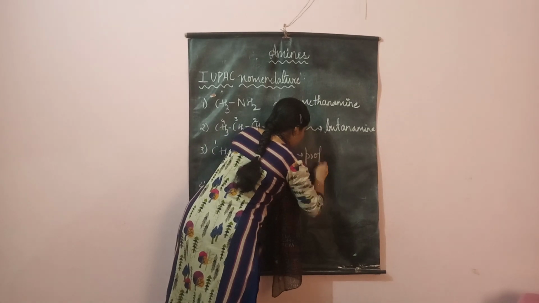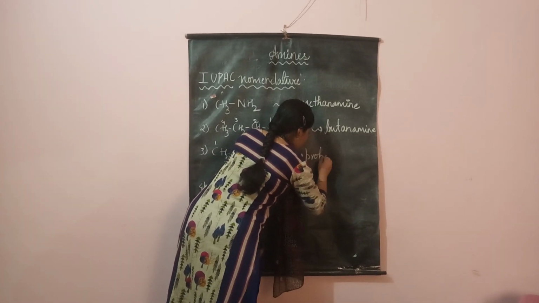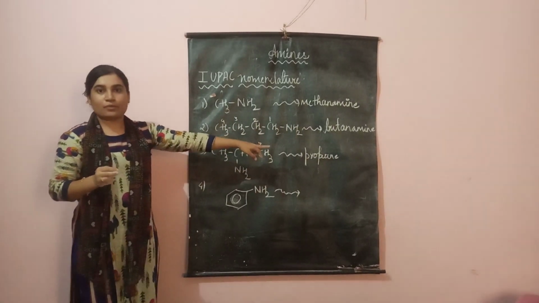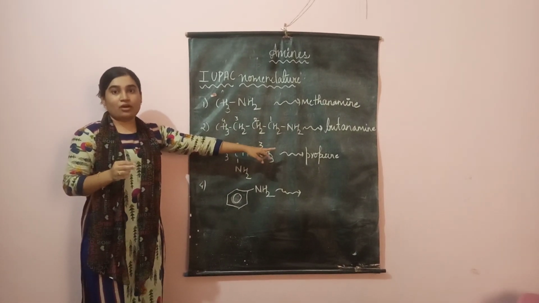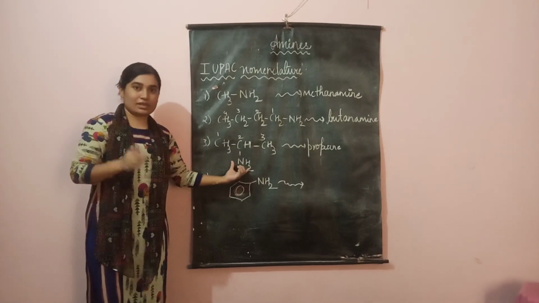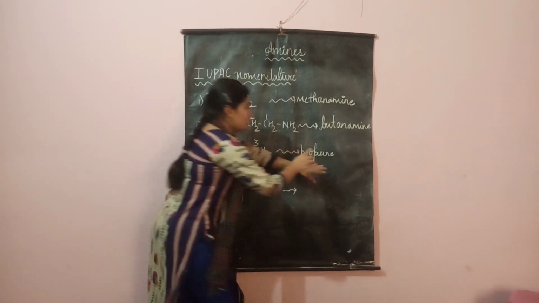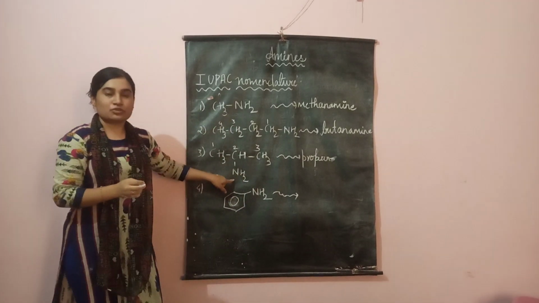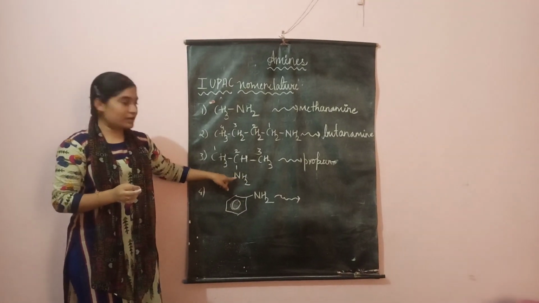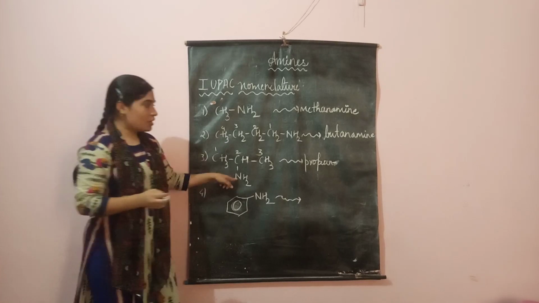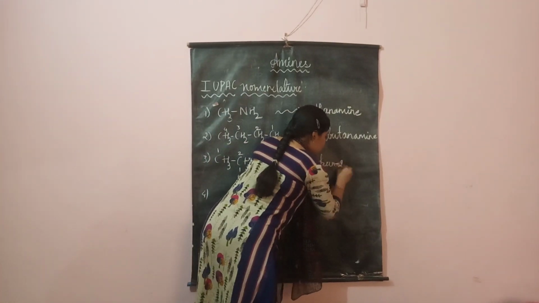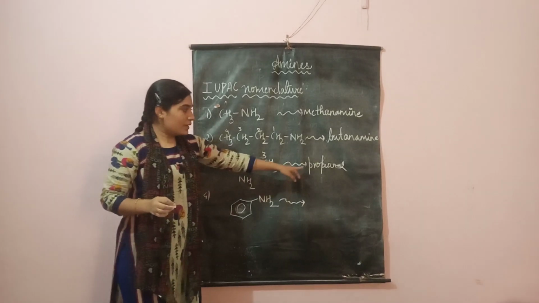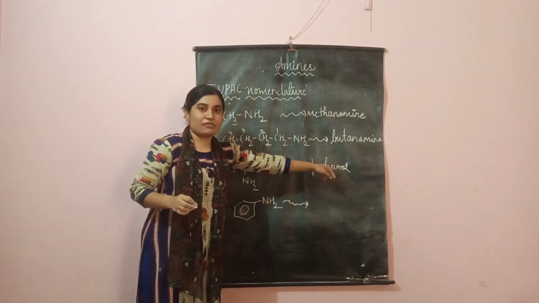I have written propane. So now tell me whether I have to maintain the E of propane or not. I have to erase E because I have NH2 written only once. So E is erased. Now look, whether your NH2 group is attached to the first carbon, no, it is present at the second carbon. So you will be mentioning the position compulsorily. At the second carbon it is present. So E of propane is erased. Put a hyphen, write 2.